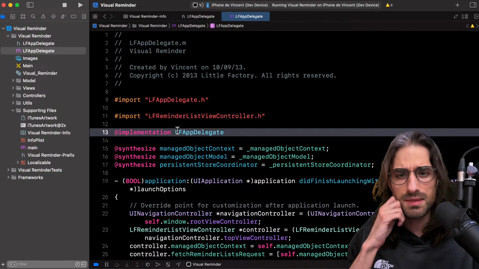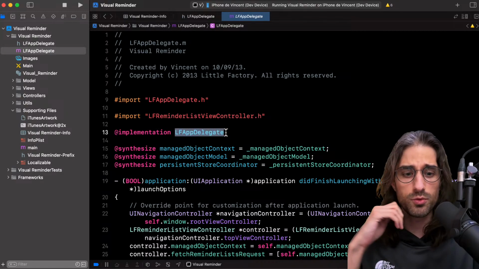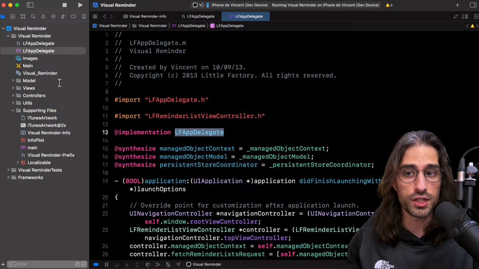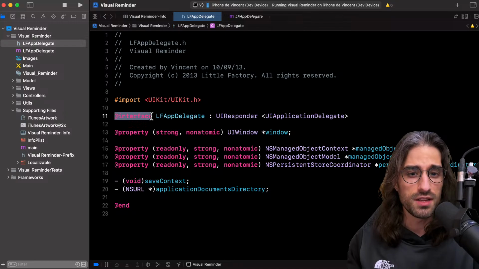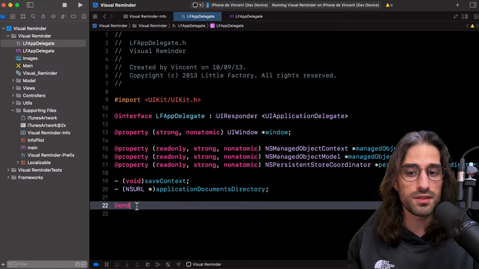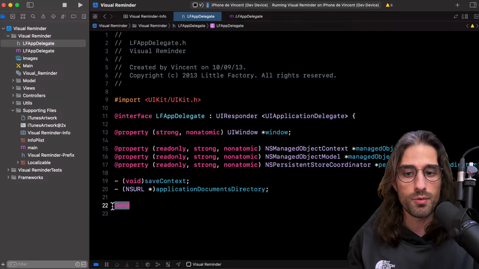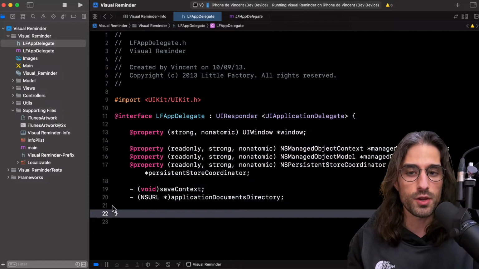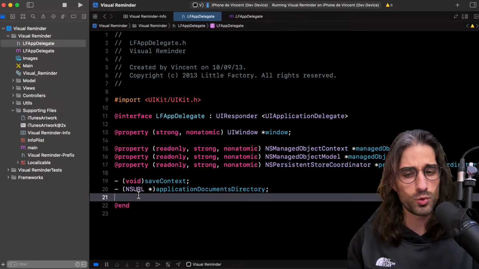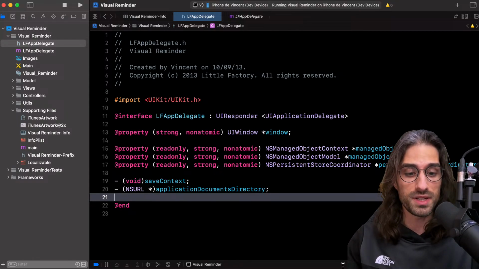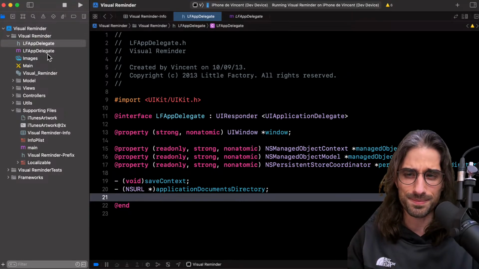Then we have this thing, @implementation LF app delegate. So this is where we are opening the implementation. I didn't explicitly say it, but you can see the @interface right here. So the declaration to start implementing the interface of a class is finished with this @end. We don't have things like curly braces. Instead, it's a mechanism where you have one keyword to start and another keyword to end. It feels a bit weird when you've done some Swift, but back then it felt very natural because after all, this was the only thing that we had at our disposal.